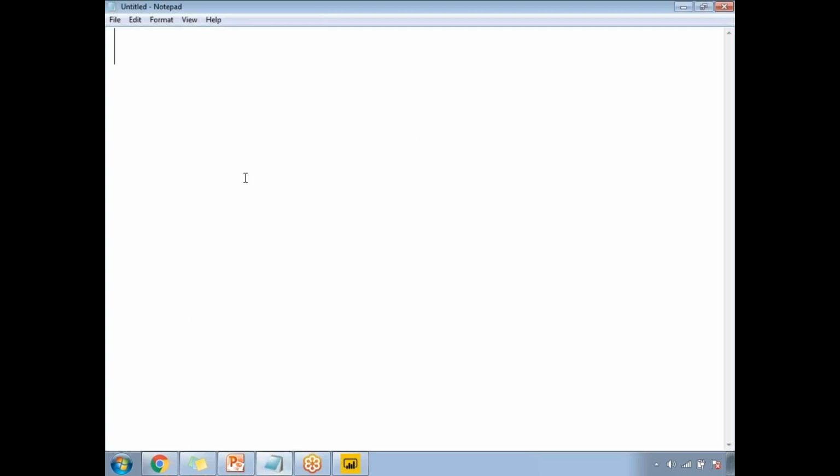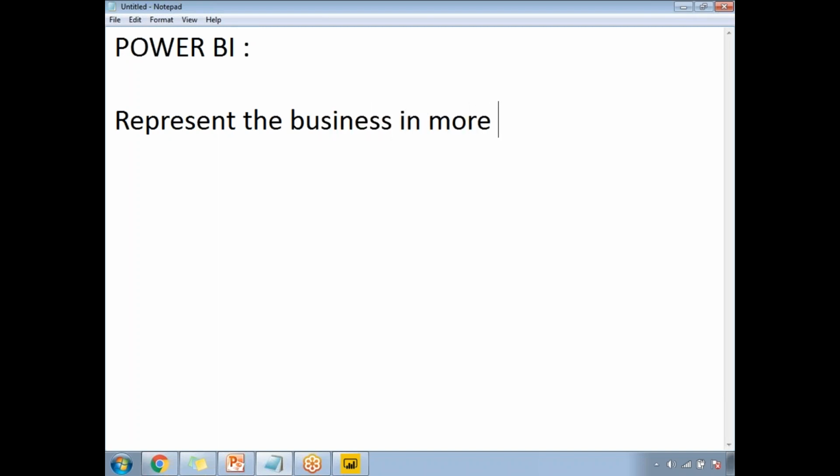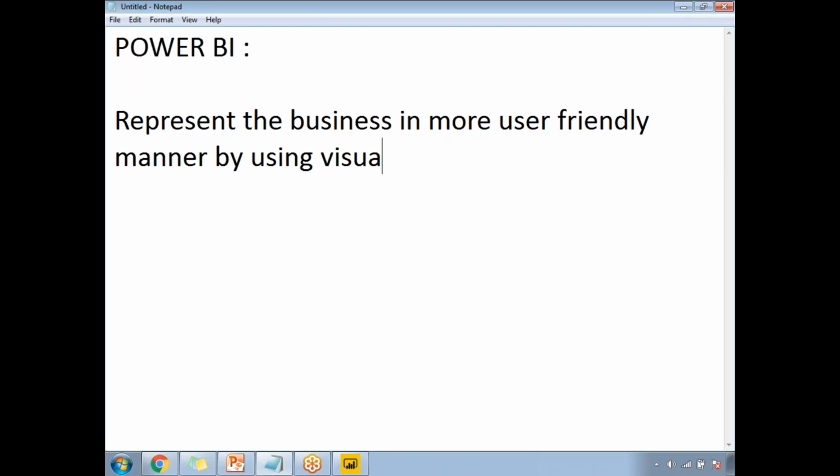First of all, Power BI is one of the important or one of the best reporting platforms which will help us to represent the business data in a more user friendly manner, by using visualizations. It was introduced by the Microsoft Corporation